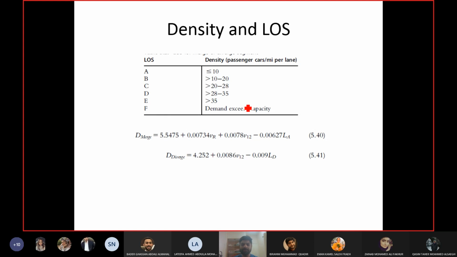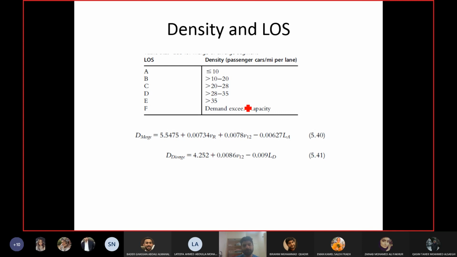After that, there were checks. This flow rate should be less than the capacity of the ramp. This flow rate should be less than the capacity of the basic freeway segment. This flow rate should be less than the desirable flow rates in the two adjacent lanes of the ramp. And there were checks as well that the flow rate in the outer lane should not be more than 2700 passenger cars per hour per lane, and the ratio of the outer lane and the adjacent lane should be less than or equal to 1.5 times. If it is not, then you will adjust them.